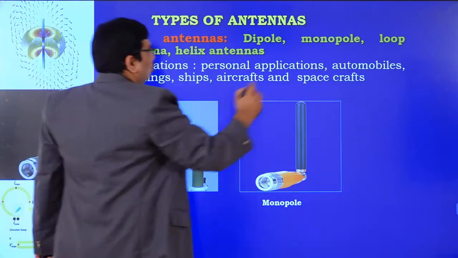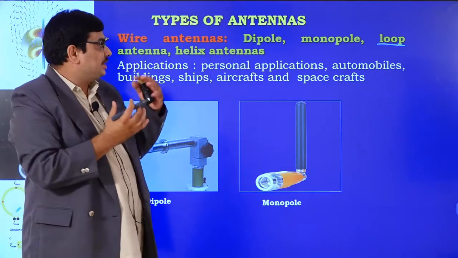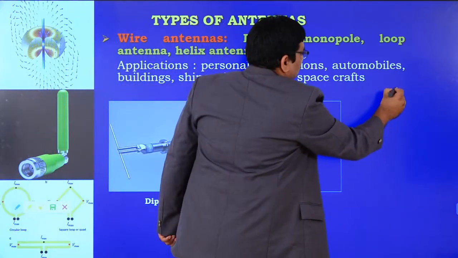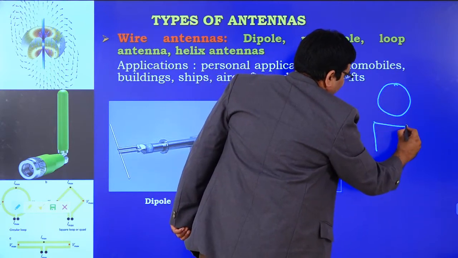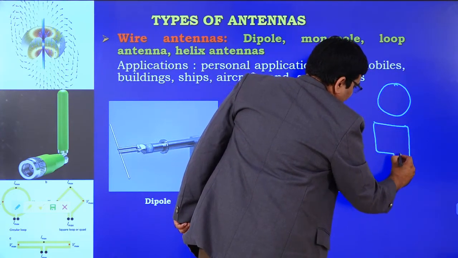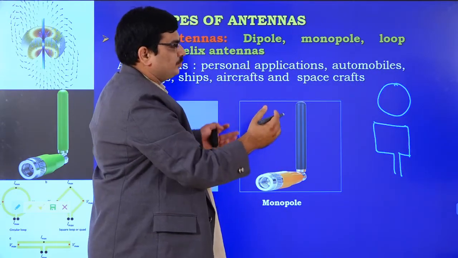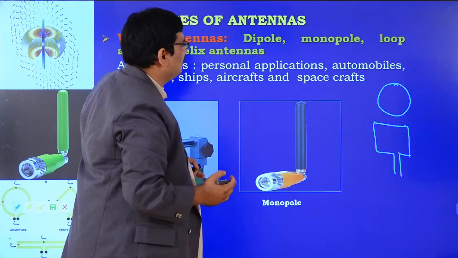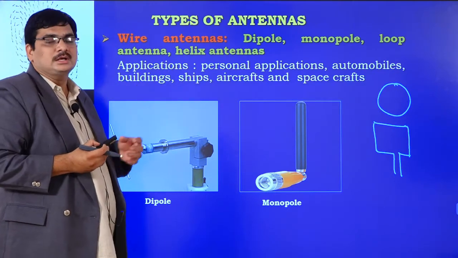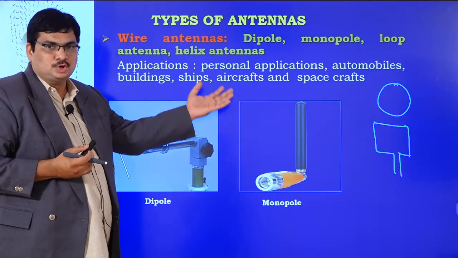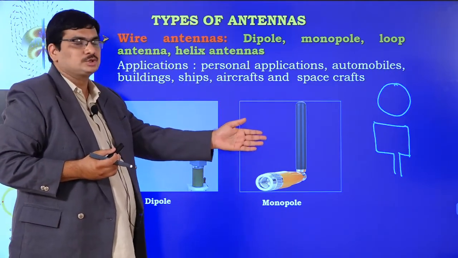Another antenna is the loop antenna, where we change the shape of the wire. We can take it as a circular shape, a square shape, or an elliptical shape. There are many loop antenna types. Because of their loop structure, we can use them as small loop antennas or large loop antennas, or circular loop antennas or square loop antennas.